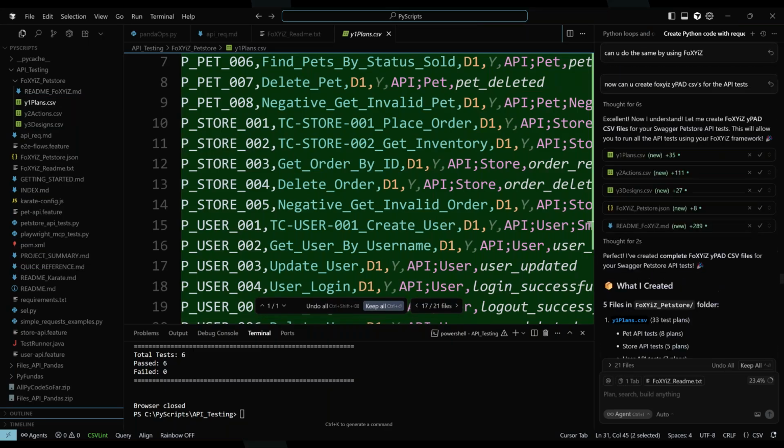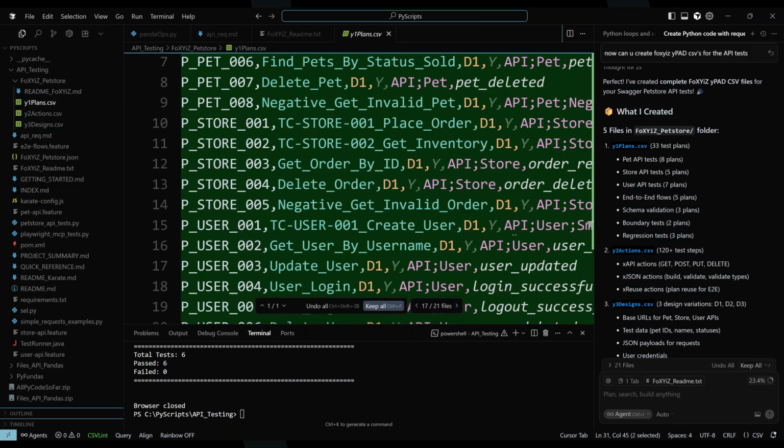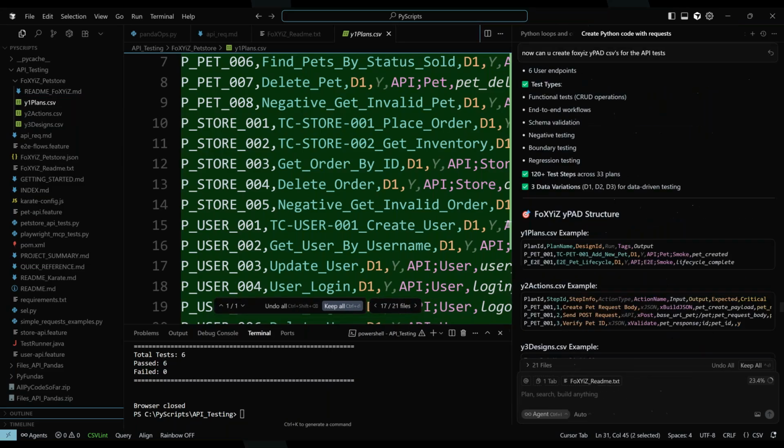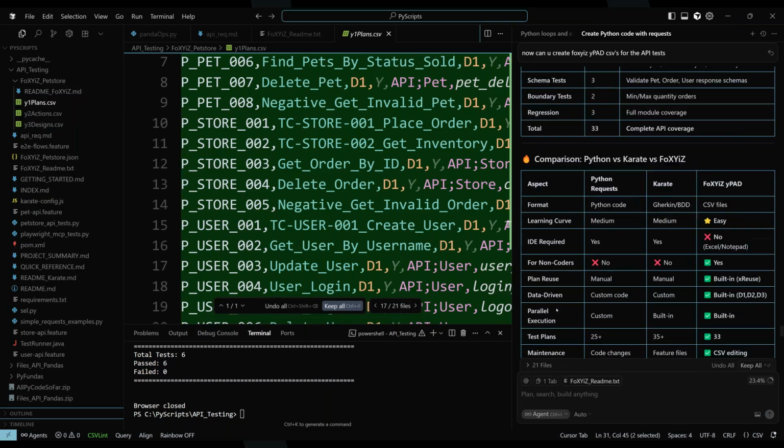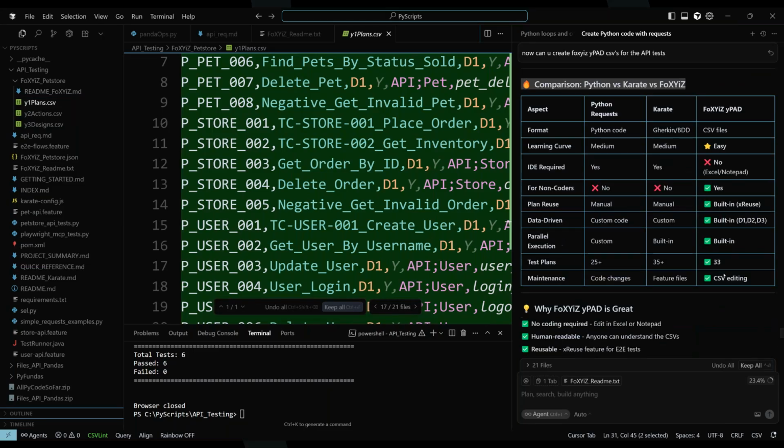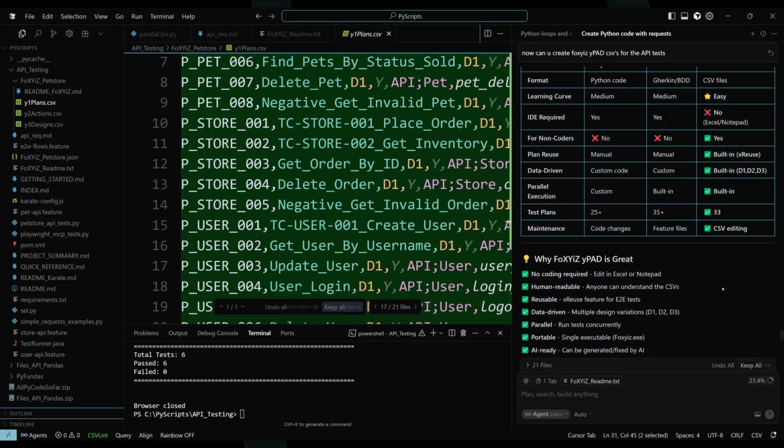Now, it's AI, right? It just has the context. I'll ask it a question, team. It's very intriguing how deep you can go, how you can be unstoppable. I wanted to ask it this. It already gave it to me. Python versus Karate versus FoXYiZ. Python: code. Gherkin: BDD. FoXYiZ: CSV files. Medium, easy. IDE required: yes, yes, no. Excel or Notepad is good enough. For non-coders: no, yes. Yep. I didn't even ask it. Thank you. I'm happy. I'm a fan of AI because